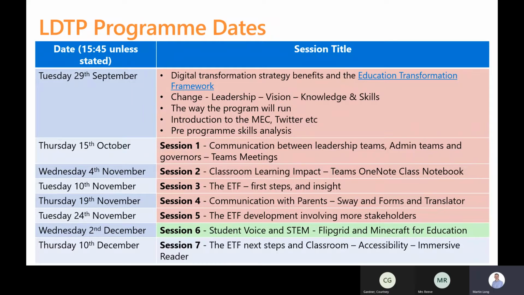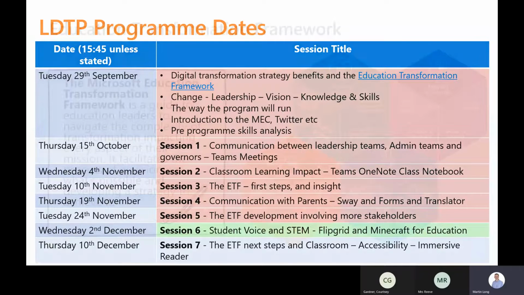It will bring together your vision planning using the Educational Transformation Framework documents that we've shared during session 3 and session 5. Also, any feedback you've got from your self-assessment from the ETF tool. And then we'll be looking at how we can bring that together, but touching upon some accessibility tools from Microsoft as well, to show you one last thing that may become a cornerstone of your vision, and it often is.